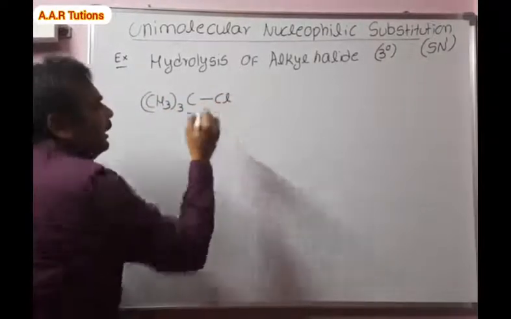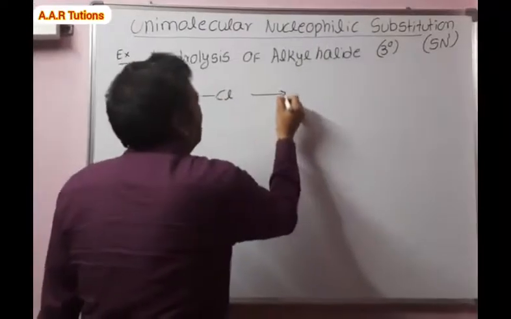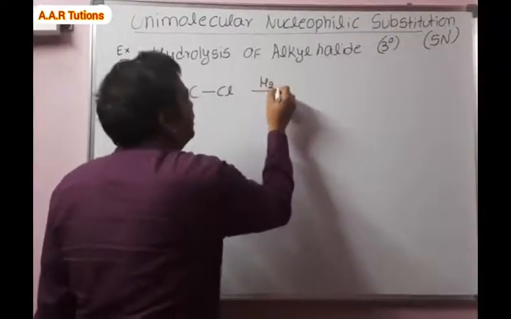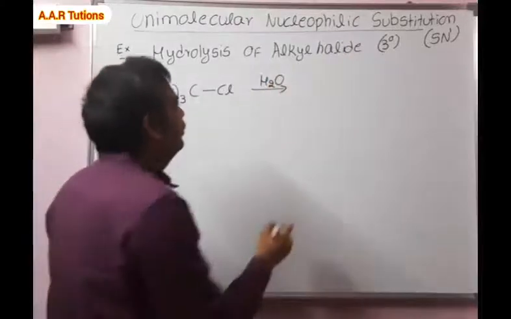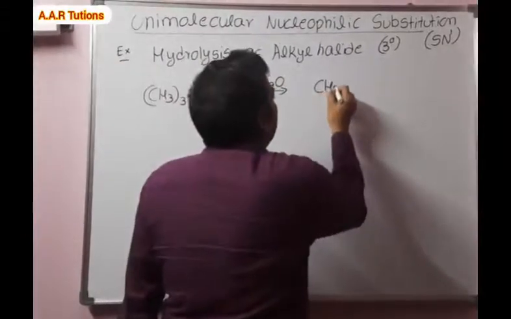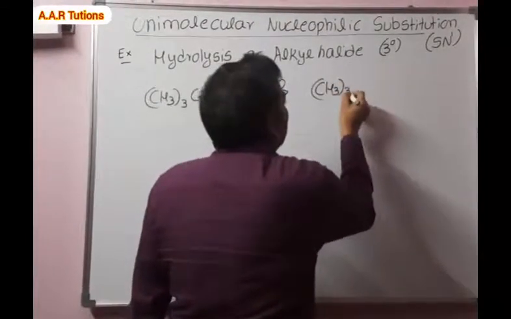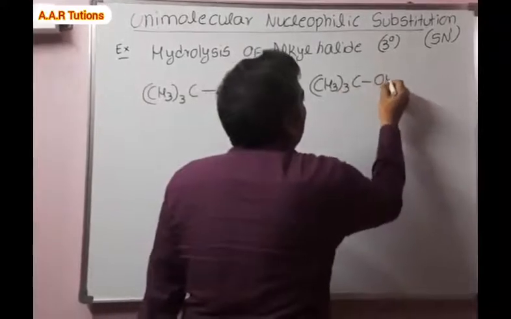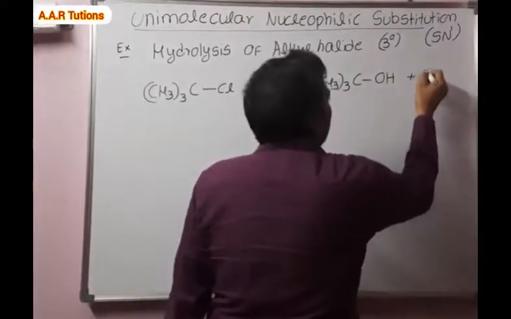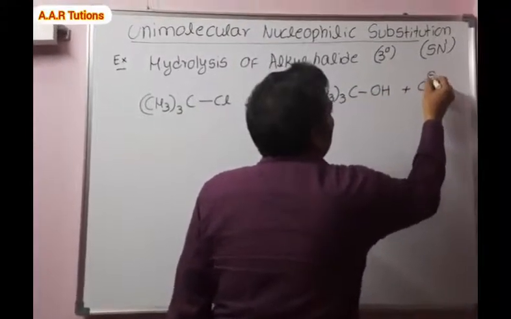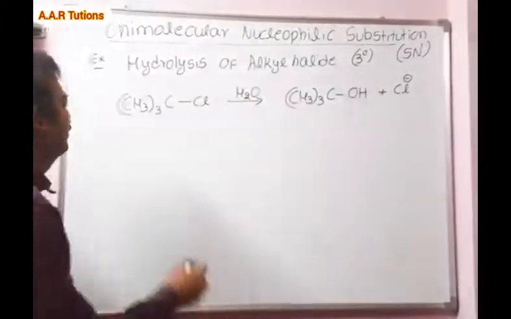Tertiary alkyl halide undergoes hydrolysis to give the tertiary alcohol. One nucleophile will come inside and another nucleophile, Cl minus, will go outside. Coming to the mechanism,